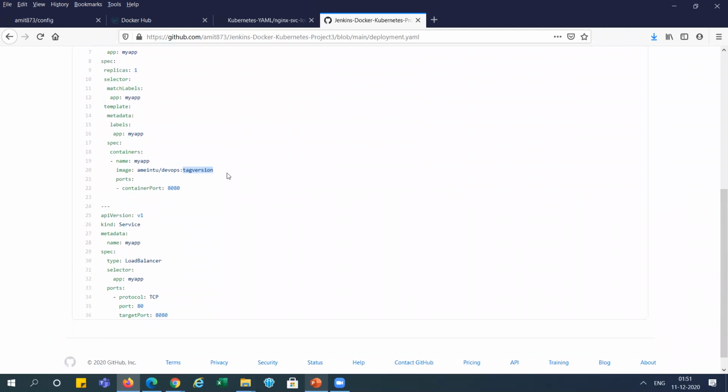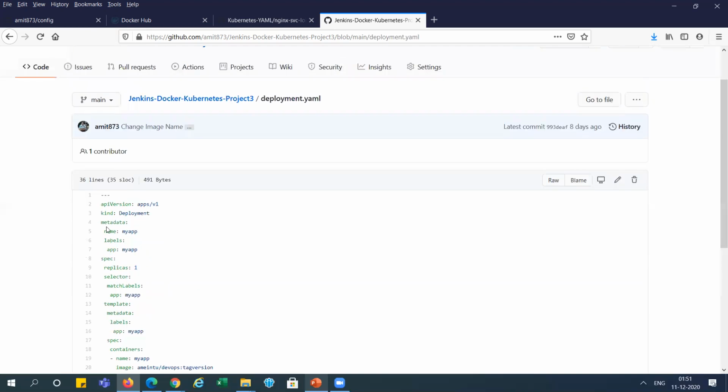And you can see here it is a service using the load balancer, and it is showing my app, and it is a selector using my app. The selector is mapped with the deployment, right? You can see here selector my app, right? So that service will call this deployment, right? So we will get one deployment and one service when we run this deployment.yml file, right?